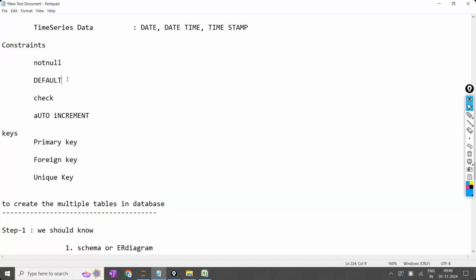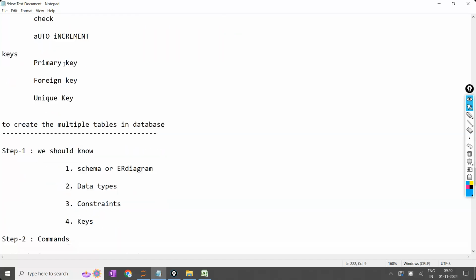Instead, it will fill automatically with 0 or some number. Not null means it will not accept missing values. If it is an important column, it will not miss the not null. Like that, different keys are there.